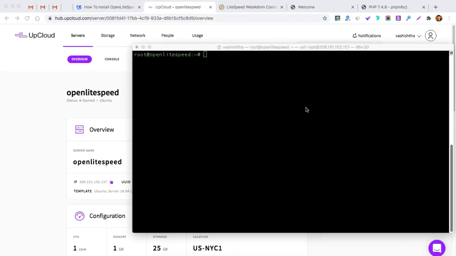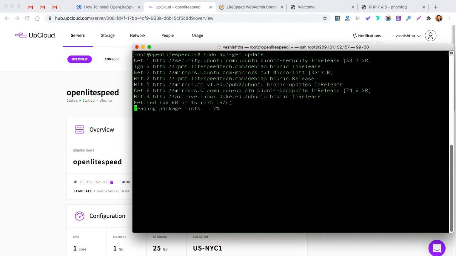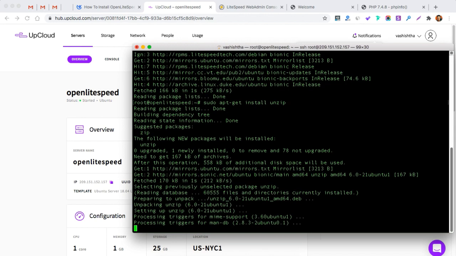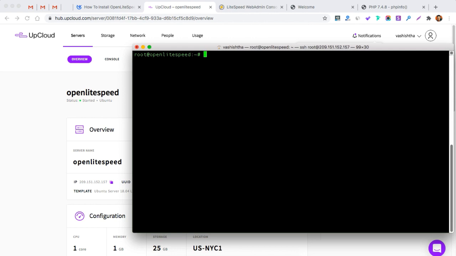Since we are already set up with OpenLiteSpeed, we will go ahead with installing WordPress. Let's get our system ready by updating the repository and also installing the unzip command so that we can unzip the files we will download later. For now, I will install a database software called MariaDB server.